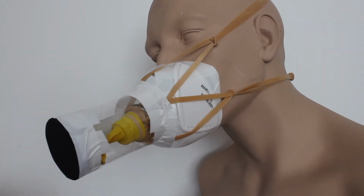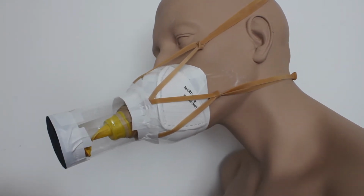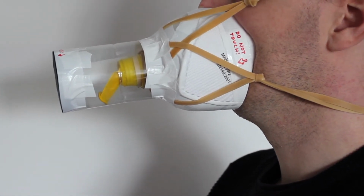And now we're completely done. And I think this is quite a good looking mask. I mean, it's weird, for sure. But man, it seems to work. I'm very pleased with this, I do think it's so cool that we can get multiple masks out of a